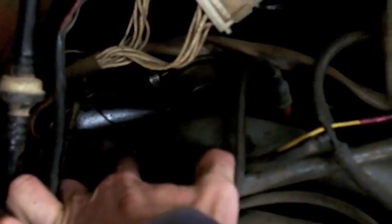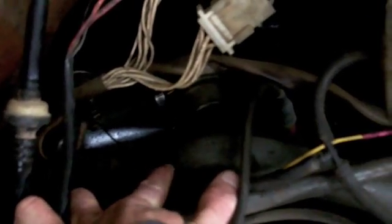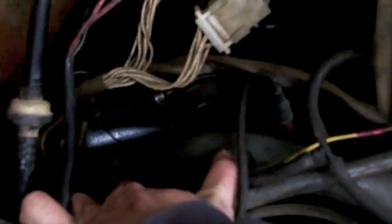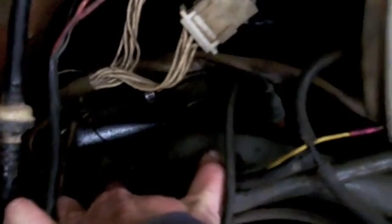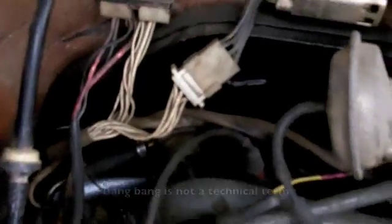And so right before the air mixture gets into the cylinder, that oxygen that comes in is mixed with fuel, which then goes into the cylinder. The combustion happens, which is referred to as the bang bang, and out the bottom side of the engine, the exhaust goes. So it comes out around here somewhere, is that right? Yeah, so this part right here, the exhaust comes out down here,